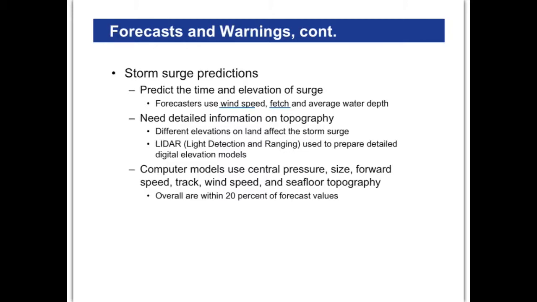But also the topography of the ocean floor and the coastline is going to play a big part as well. Depending on what the bottom contours of the ocean are and what the coastline is like, that will help us determine how bad the storm surge is going to be when it actually does arrive. And also computer models as well. We seem to be using computers for everything, and this is no exception. And so, as we get information about the wind speed and fetch and that kind of thing, we can use computer models to determine where the storm surge is going to be at its worst.